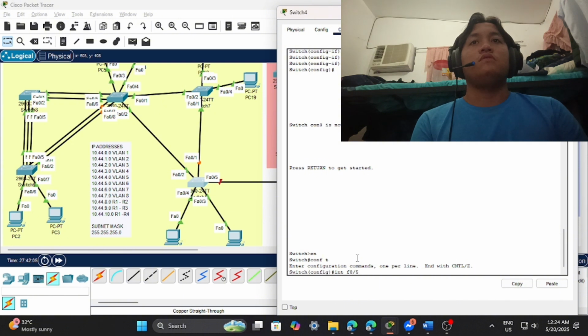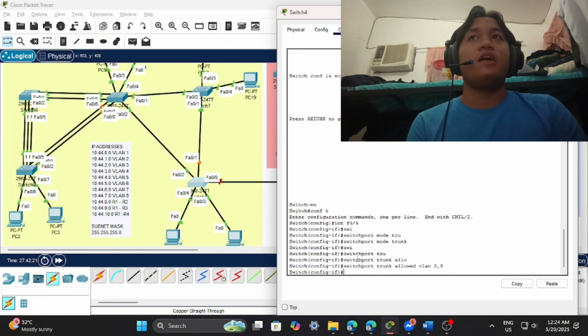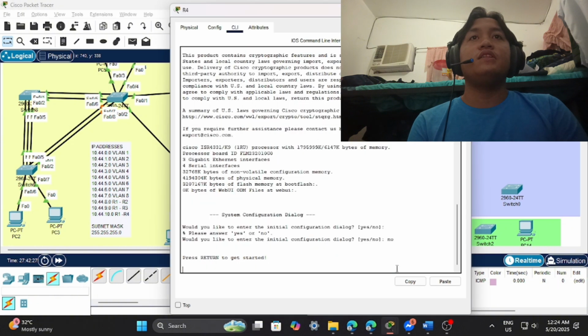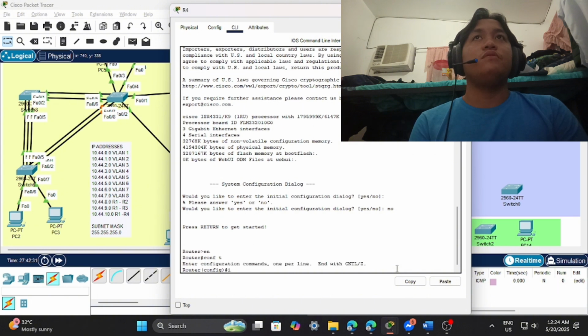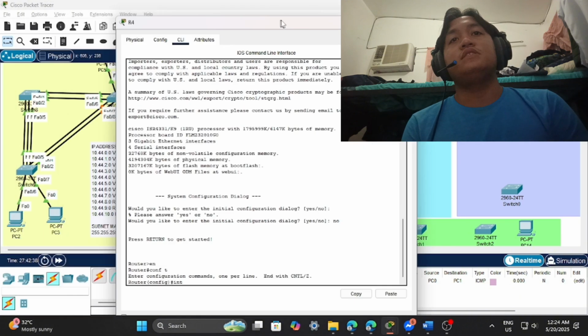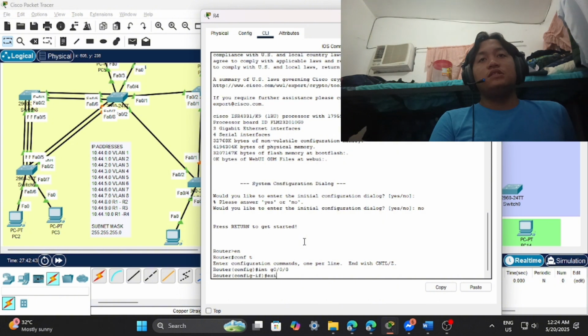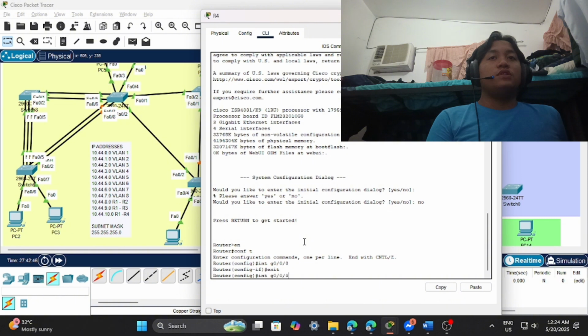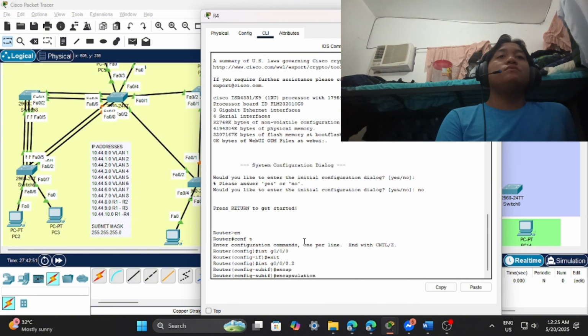Now we're going to move on to the router. Always don't forget to trunk everything, and don't forget the ports that you have configured or that the wire is connected to. So now we're going to move on to interface G0/0/0, and for this we're now going to encapsulate. So in G0/0/0.2 indicating the VLAN number, then encapsulation dot1Q 2 indicating the VLAN number again, and we're going to